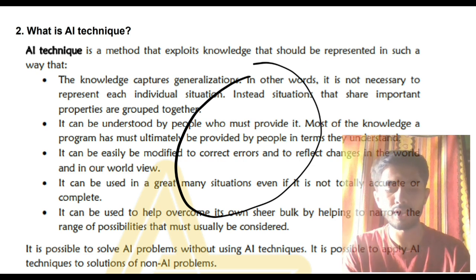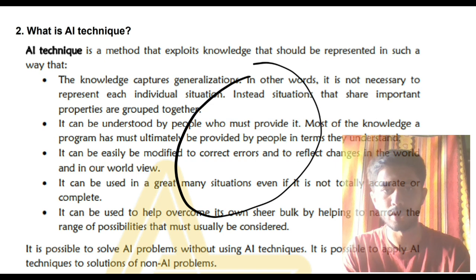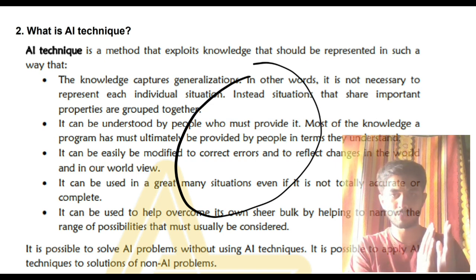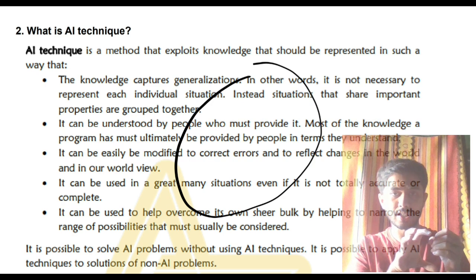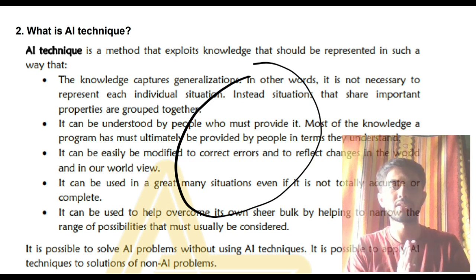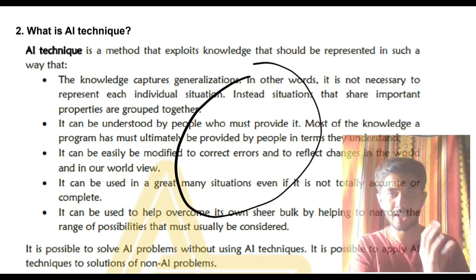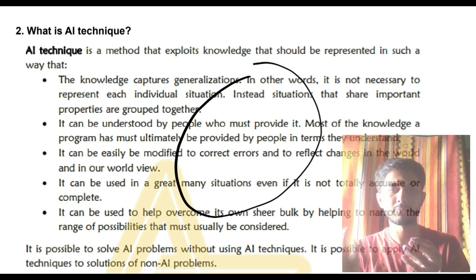See, for everything that is working in the world, you'll be having some knowledge with you, you'll be having some data with you. By using that data, you are processing it and getting some output. These are the three things happening in the real world, right? You'll be having some data, you'll be processing it, you'll be getting some output. The same thing is applied in AI as well.